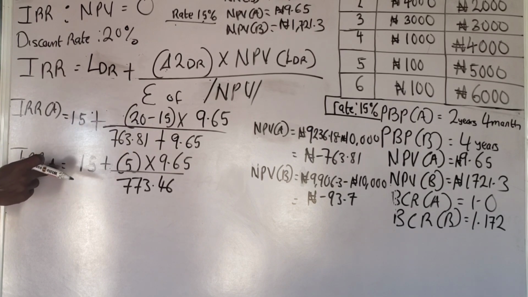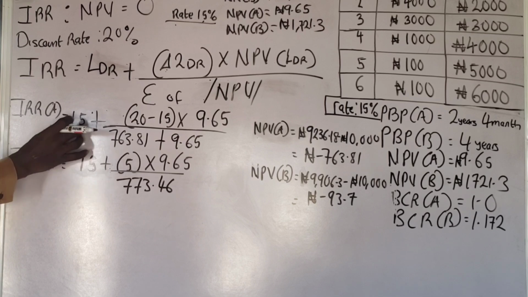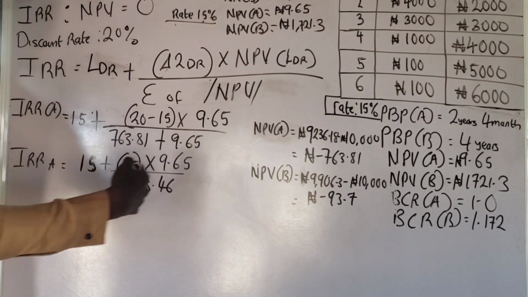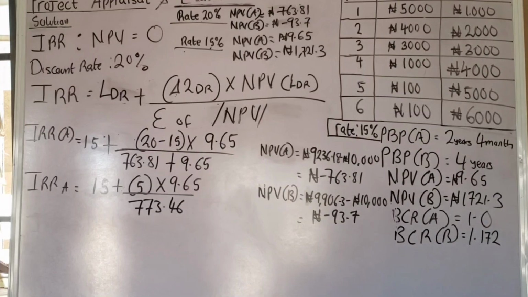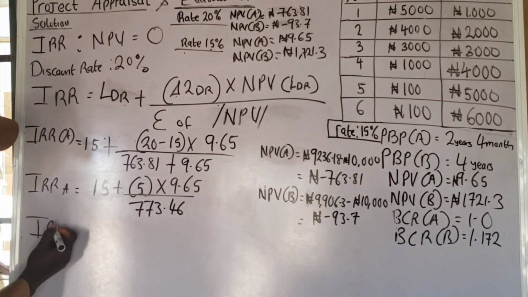That's not so. You understand? This is the two fractions, and they are separated by a plus sign. One is 15 and the other one is the right-hand side part of the fraction. Okay? So the IRR of project A will be equal to